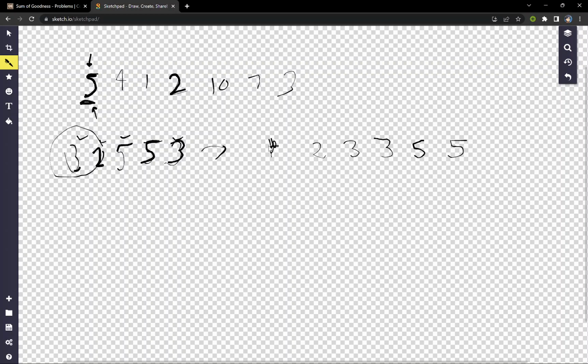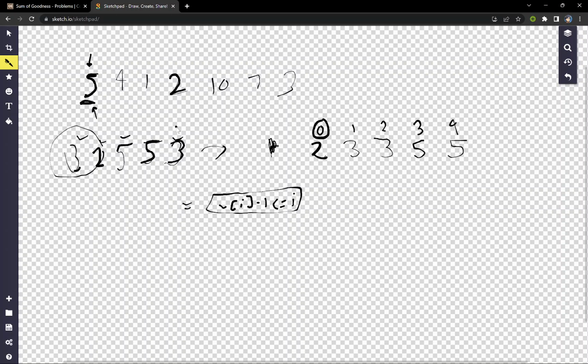Now we know the index of each number, so we can get the number of numbers smaller than it directly by seeing its index. So the number of numbers less than it is its index only. So there should be at least v of i minus 1 numbers less than it. So the number of numbers less than it should be greater than or equal to that number minus 1. This is the first condition